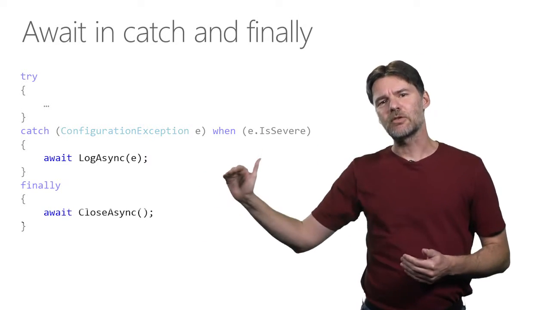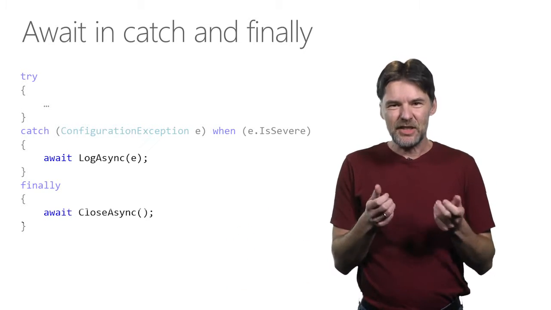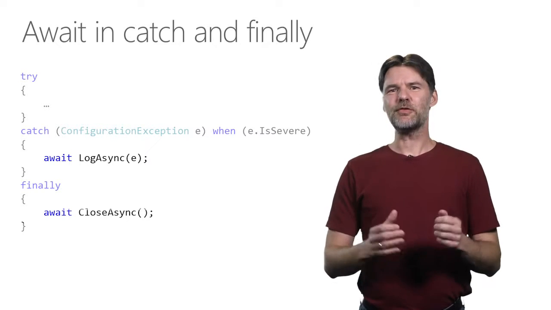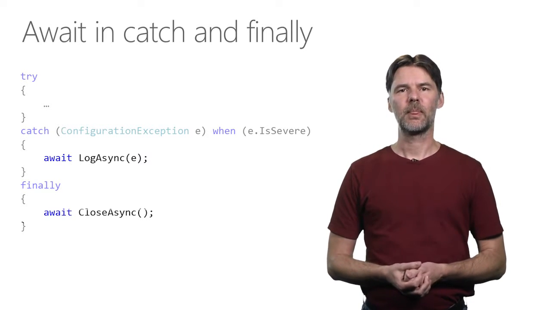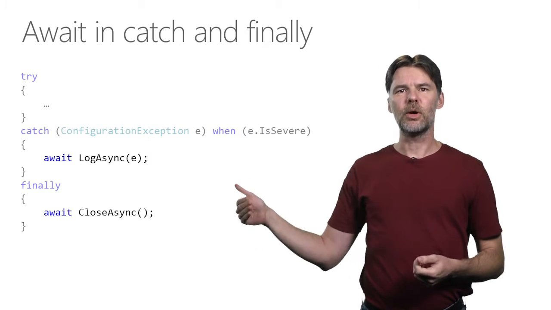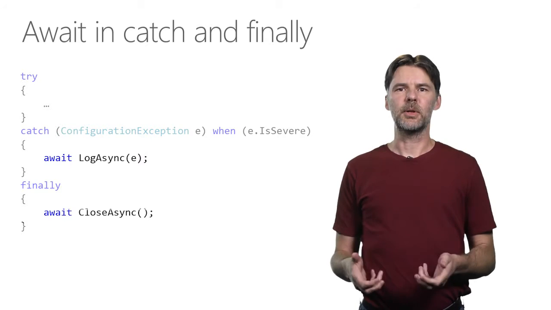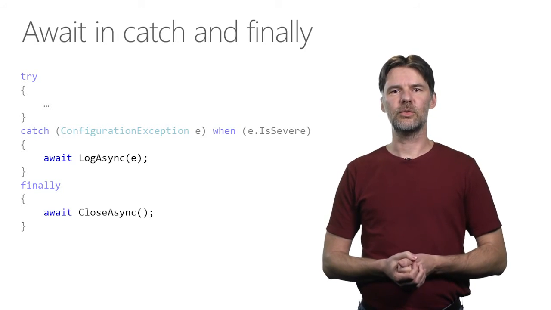You can now have await expressions in catch and finally blocks. This was really just an implementation challenge, shall we say, and we've now figured out an efficient solution to it. So lifting this restriction should be welcome news. It's a common enough scenario with more and more APIs being async, so why wouldn't you want to call them in catch and finally blocks? And the workarounds that you have to use today, they're pretty